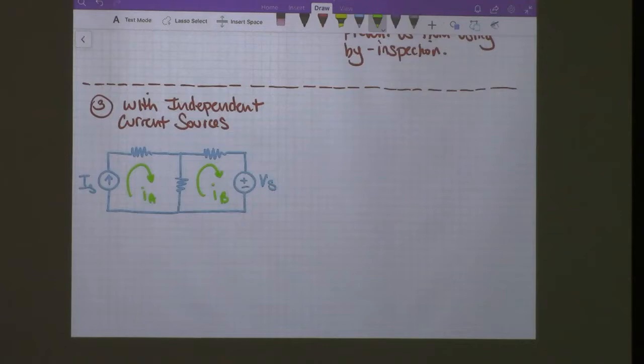Normally, we would have to solve for both IA and IB. What do we see about this right here? Do we still have to solve for both IA and IB? Yes? No? No, and why is that? Because it's already defined by IS. Right. IA is equal to IS, which is equal to a known value that's given to us. So this will